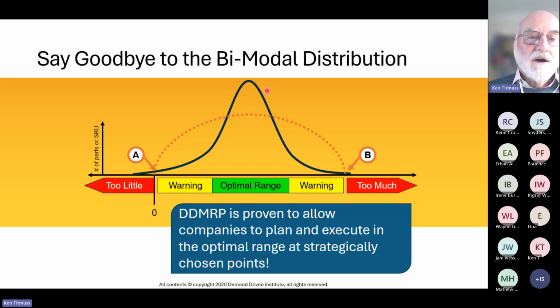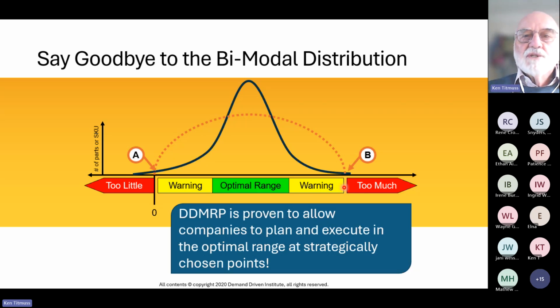This is working fine. Just let the system do its thing. But go and focus on the tails here and find out why these items are sitting here and then get those tails to move in. And that's where we want people to spend their time, not fiddling around deciding what to buy and what to make every day. So DDMRP is proven to allow companies to plan and execute in the optimal range